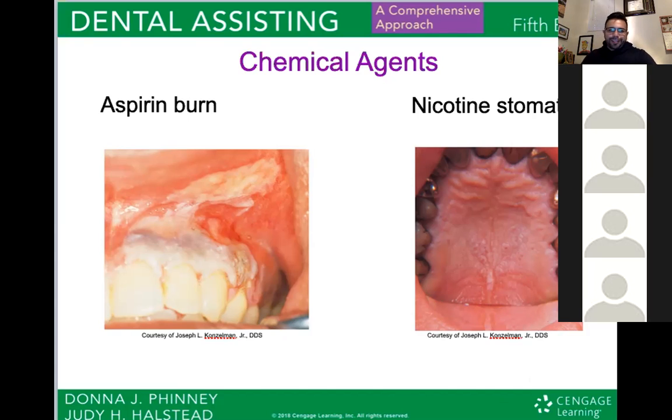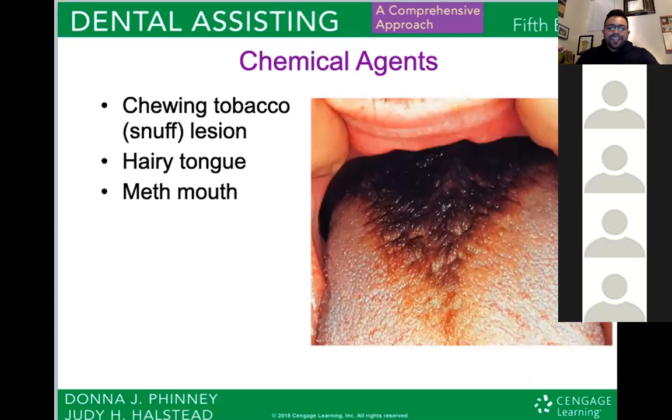All right, this next picture haunted my dreams for quite a while. This is a picture of a black hairy tongue. Nobody really knows exactly where black hairy tongue comes from. It's thought that it comes from the use of antibiotics, or sometimes people will swish with hydrogen peroxide in hopes that they'll kill all of the bacteria in their mouth. But what that can sometimes do is kill all the good bacteria, while all the bad bacteria kind of cause these